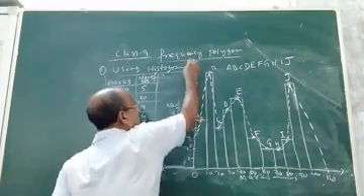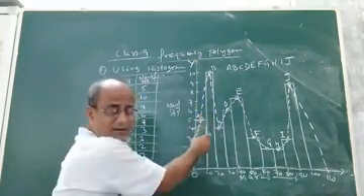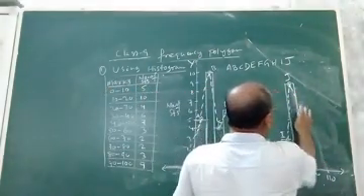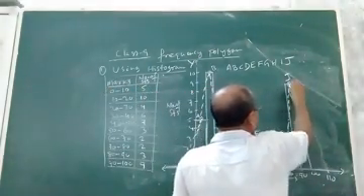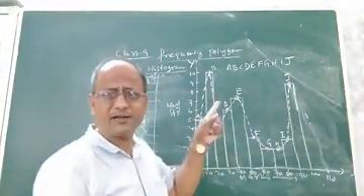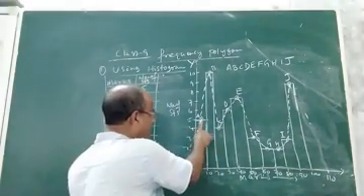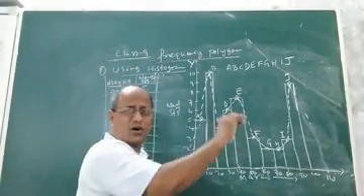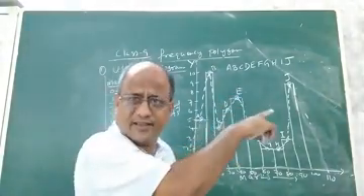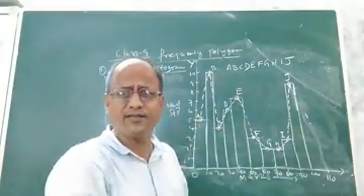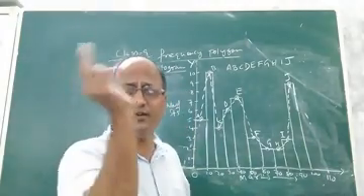this is the y-axis. This is the first midpoint, and this is the last midpoint, J. J is the last midpoint of the last bar or rectangle, and A is the first midpoint of the first rectangle. So once the curve A, B, C, D, E, F, G, H, I and J is obtained, we have to close it. Now how to close it? The process is we have to find two imagined class intervals.